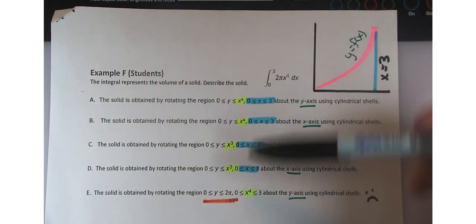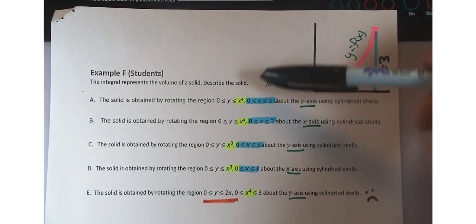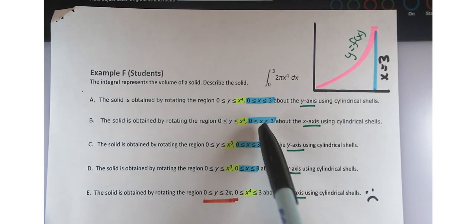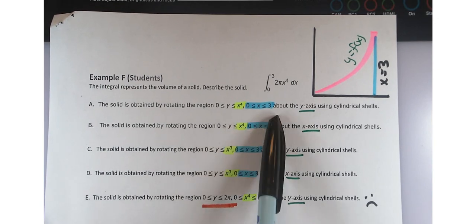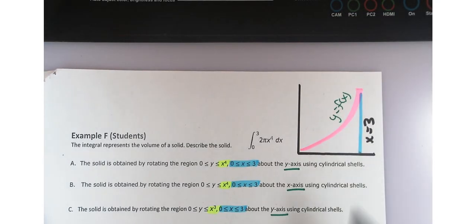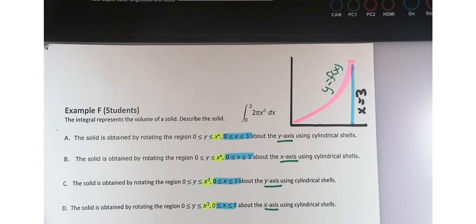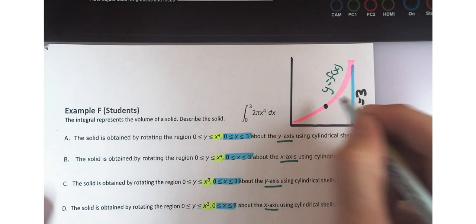But the remaining four are pretty similar in as much as it's some function that is bounded by 0 less than or equal to x less than or equal to 3. So that's going to be something like this. Now your choice is to rotate around the x-axis or the y-axis. So if we're doing a shell method,